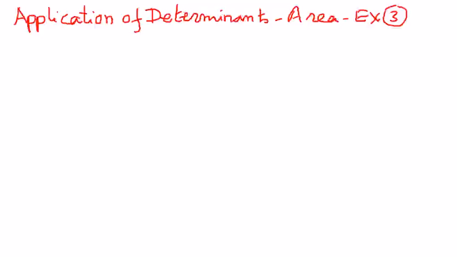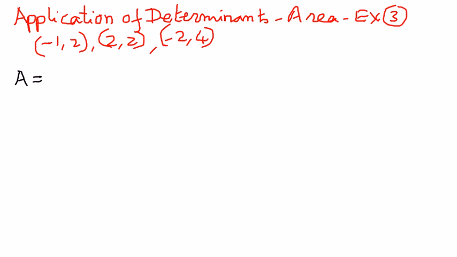The three vertices of the triangle are given to us as follows: the first is -1, 2, the second point is 2, 2, and the third point is -2, 4. If those are the three points given to us, and it is not a right angle or one of the triangles which we know, we need to figure out a way to find the area of the triangle. From geometry, we know that the area of any triangle,